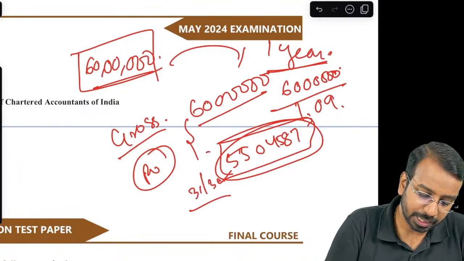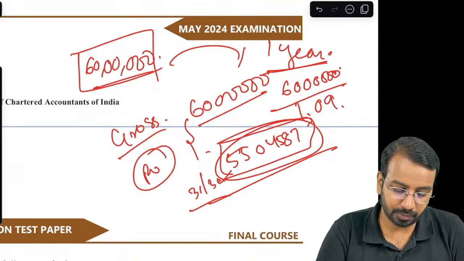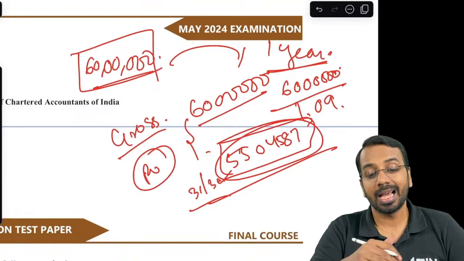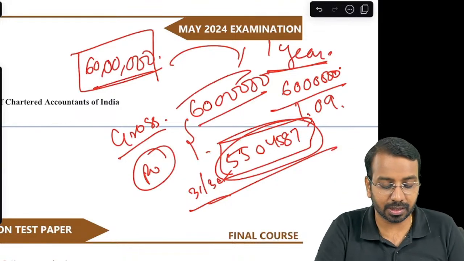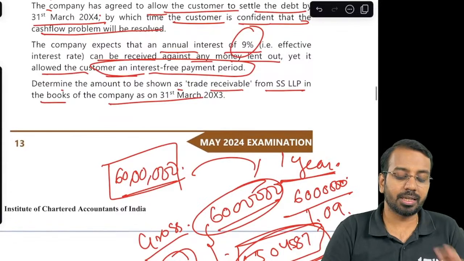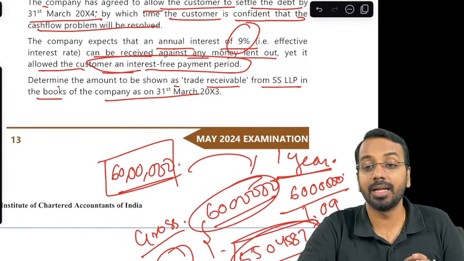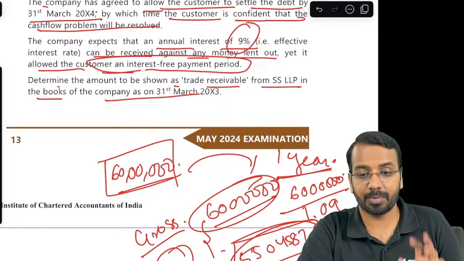What happens to the difference? This difference you will consider to be an impairment loss. Whatever the difference comes to, that is an impairment loss. And in the next year, when you actually receive 60 lakhs, you will recognize an interest income. Basically, what you are doing is considering this to be an indirect way of financing. Okay. Then